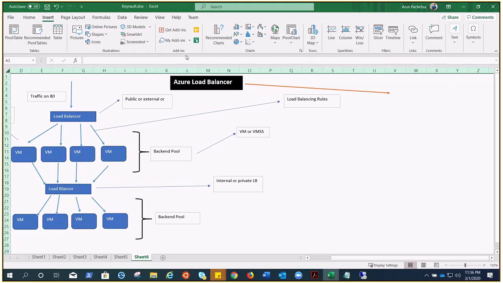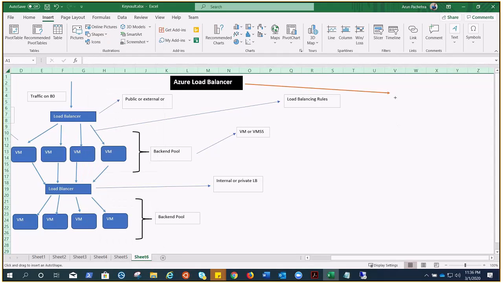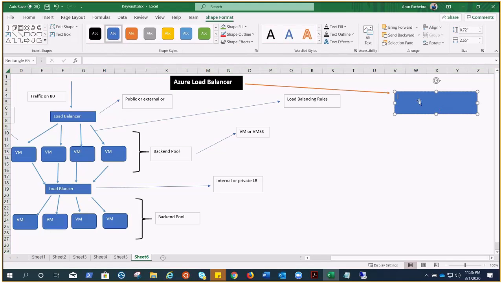Let me try to explain this a little bit. We can say this is the load balancing algorithm, also say 5-tuple hash. Okay,